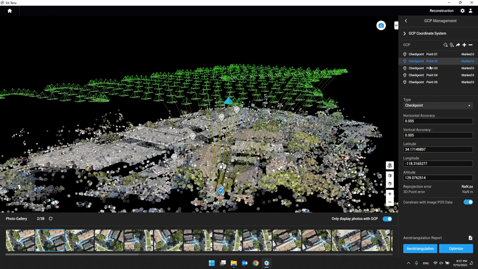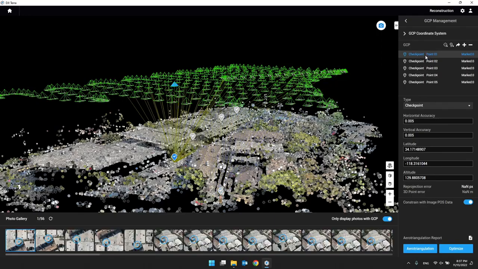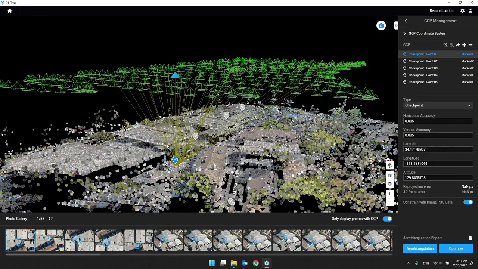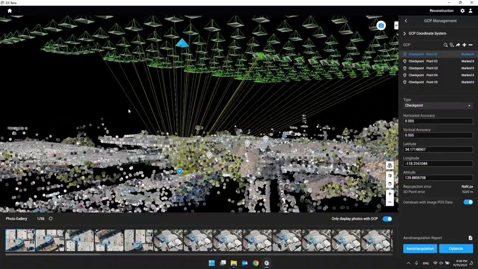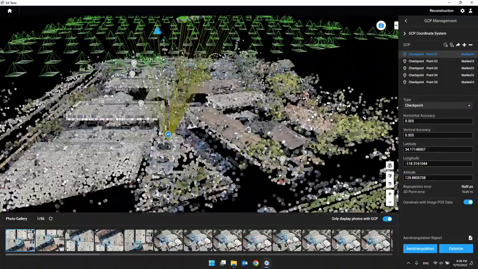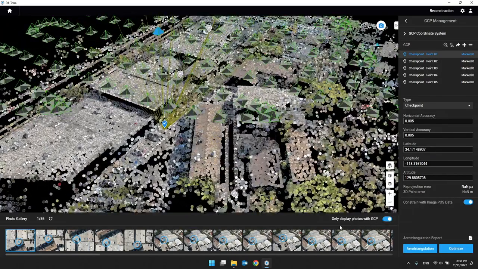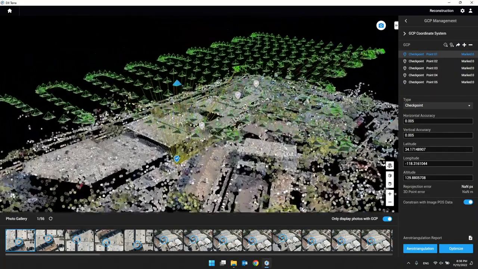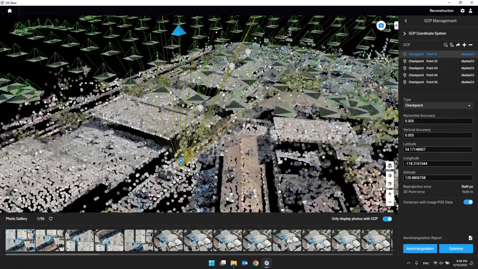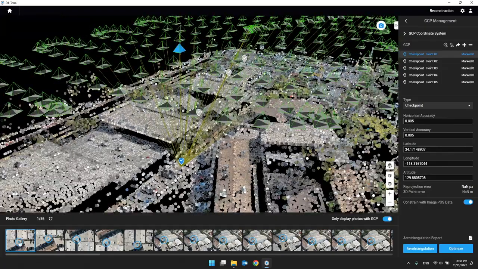So I'm going to start from the first point. I'm gonna select the first point. As you can see, these yellow lines indicate the distance from the point to the photo. On the bottom, in the photo gallery options, I can select this option to only display photos with ground control points. That means if I enable this, there's only 56 photos among those 350 something photos which contain these points in the field of view. I'm going to select the first one